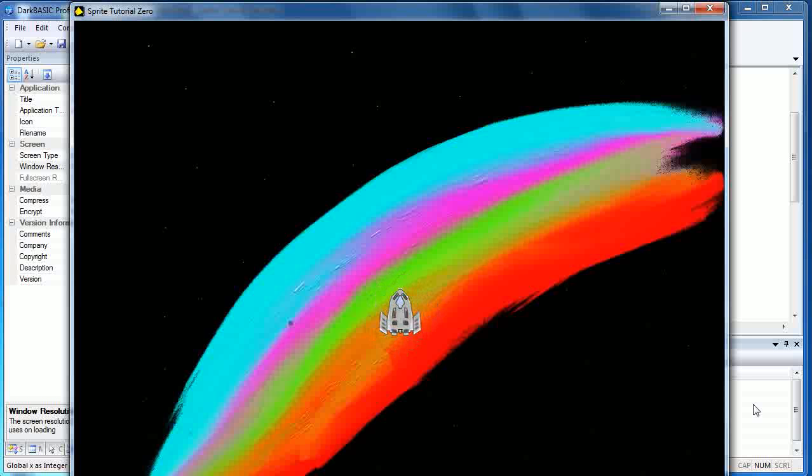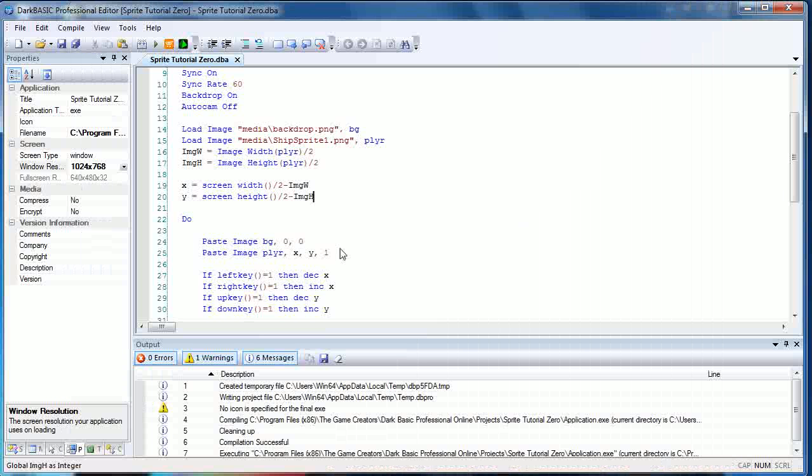There will be some additional mathematics involved because, as you can see, this will be great for a top-down scrolling game. If everything was flying down at you in that direction, then you'd have a top-down scroller, and these kind of movements would be quite easy to achieve. So you could actually achieve a top-down scroller quite happily just using the image commands. But if we have a look at the image command set